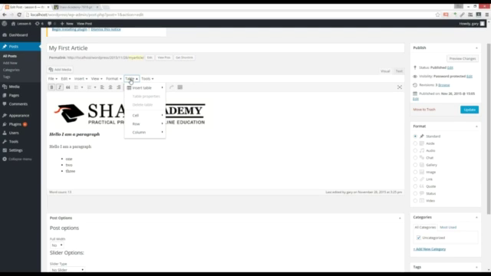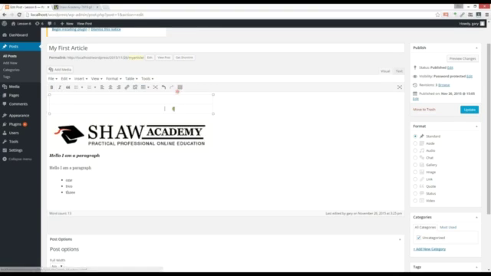So in the previous version of the WYSIWYG editor, we didn't actually have the option to insert a table. And you can see if I click over this now, I can actually choose how much I want to have in my table. So I'm just going to make a quick table here, 3 by 2 maybe. So I'll just click 1, 2, 3. So I do actually have 3 columns. And then I'll do 4, 5,